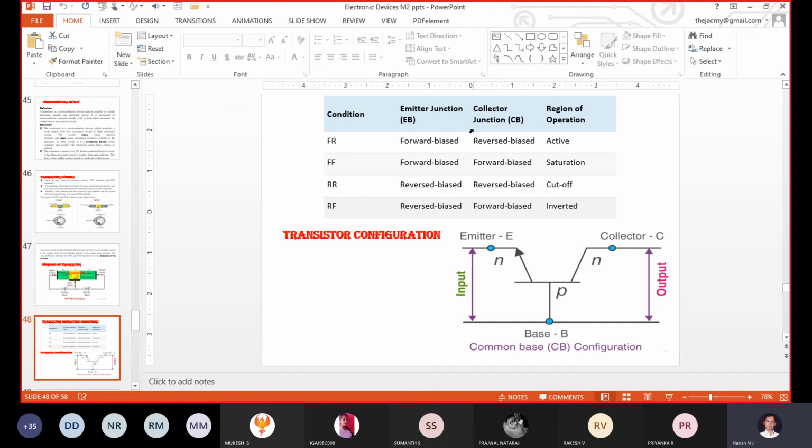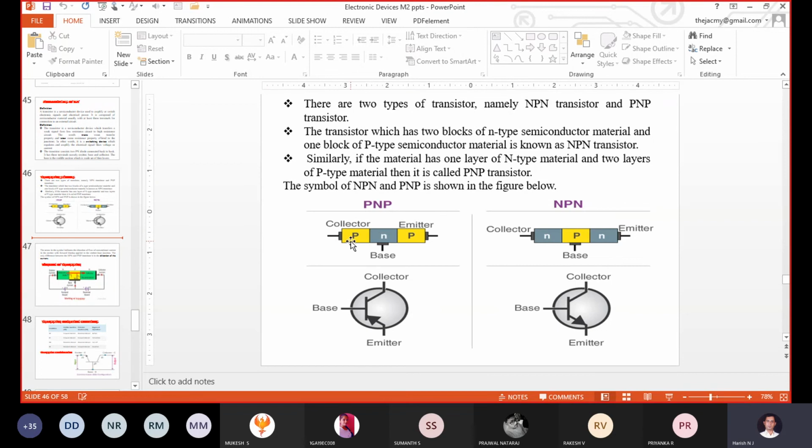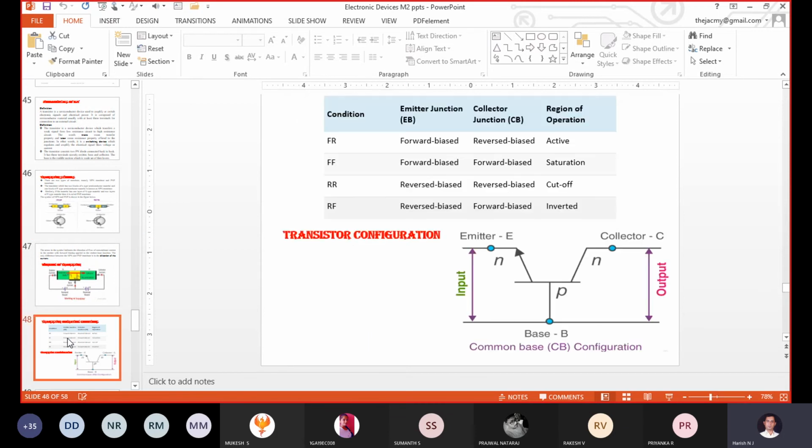Correct. So I already told you the emitter junction, that junction we call JE, and the collector junction, simply we can call JC, or EB and CB. Okay, so now just check it out. The JE junction as well as the JC junction means what? Both are PN junction diodes. I already told you a PN junction diode has two modes of operation. One is forward, the other is reverse. Correct. So excluding these two, nothing is there. The same way we are analyzing here.